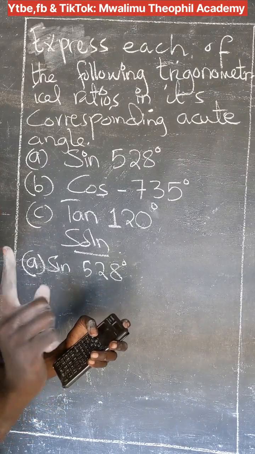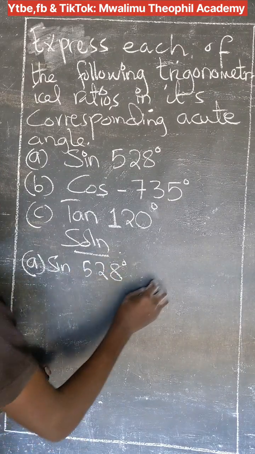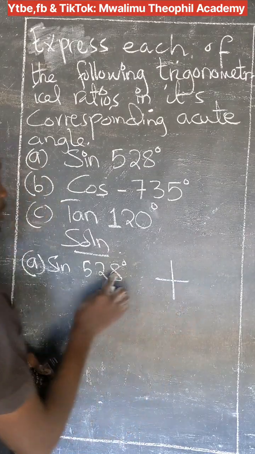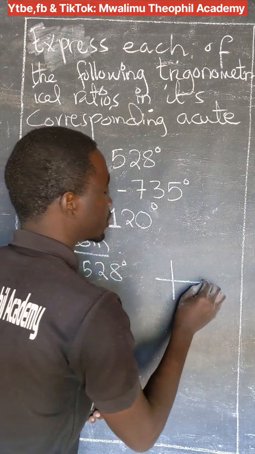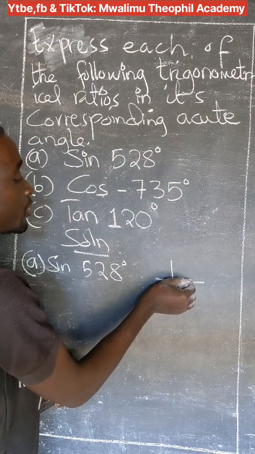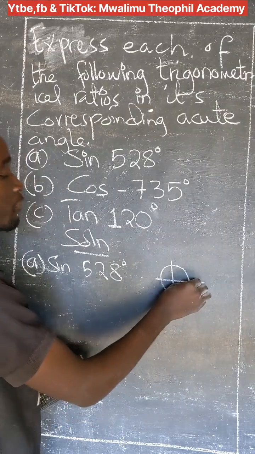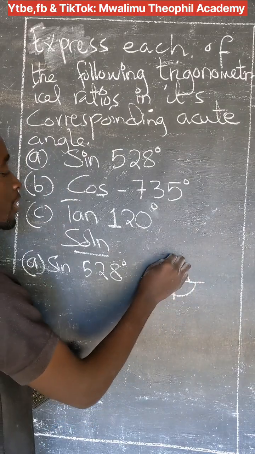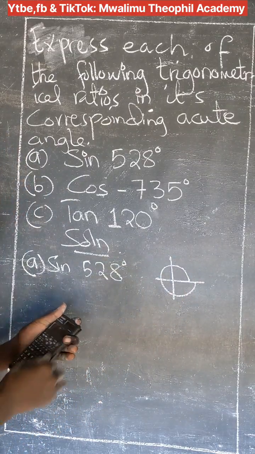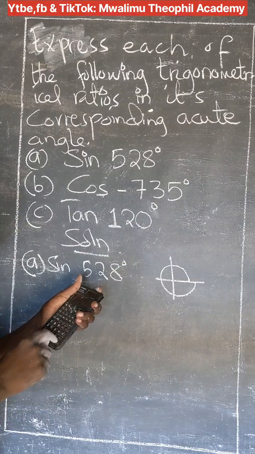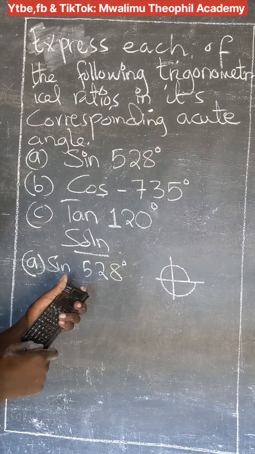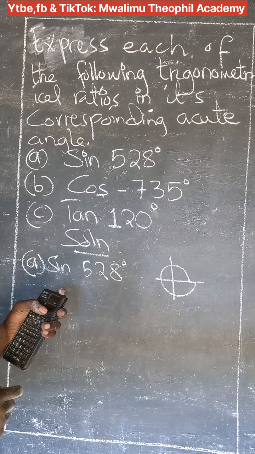We have only one full turn, and it is a positive angle, so we rotate in the anti-clockwise direction from east. One full turn already. Now the exceeding value is 528 minus 360. We are left with